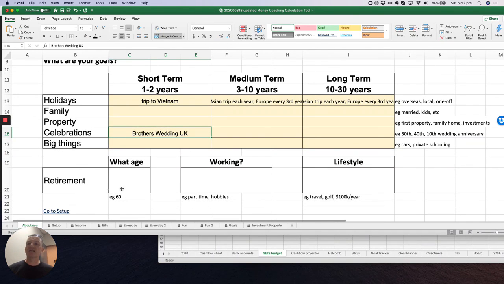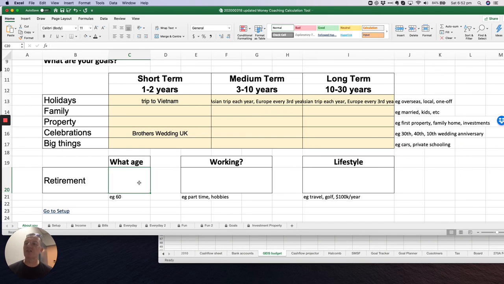Now, the last section we're going to look at is retirement. If there's a couple, then put both ages if you're going to retire at different ages. Otherwise, we just need to know, what do you think retirement might be? But then the next step is, what is actually retirement? Because for some people, retirement is going from full-time to part-time work, or it's to go from full-time work doing something where it's a bit of a penance